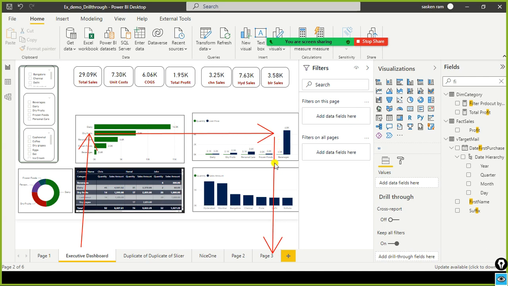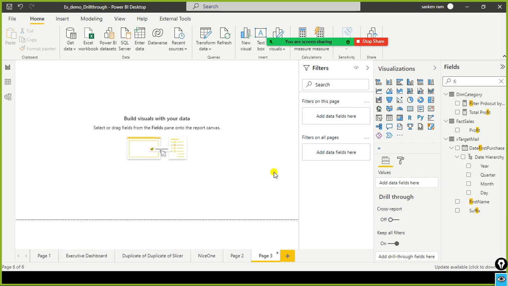This dry fruits category should pass to this detail page, and then it should show the transaction level detail for dry fruits: in which city, how much we sold dry fruits, and what price we sold it. All those details you should be able to see in the next page.